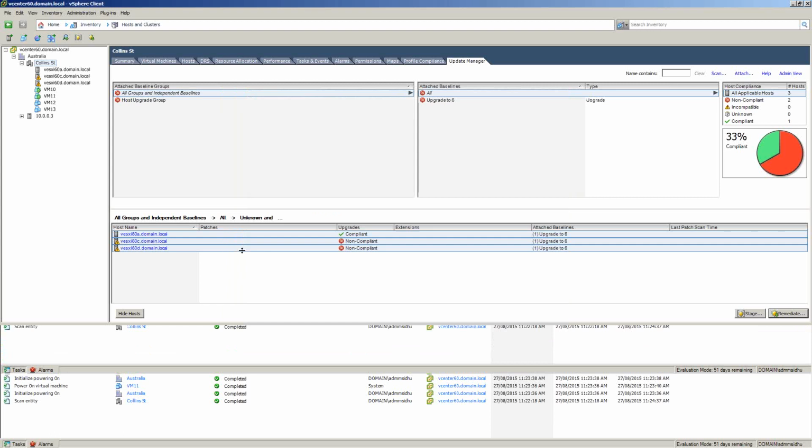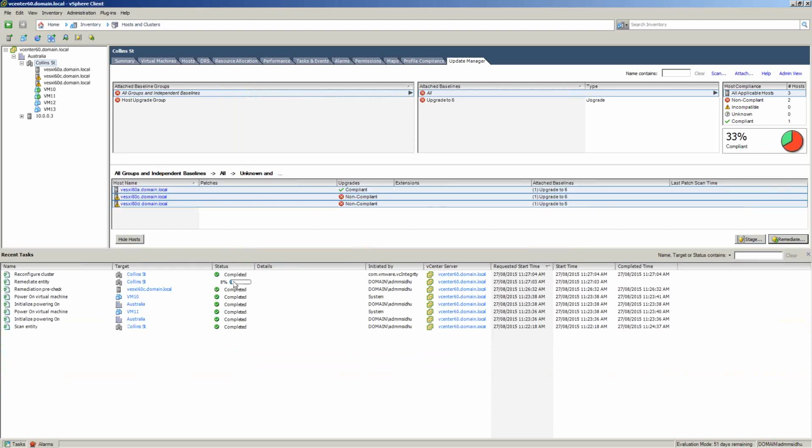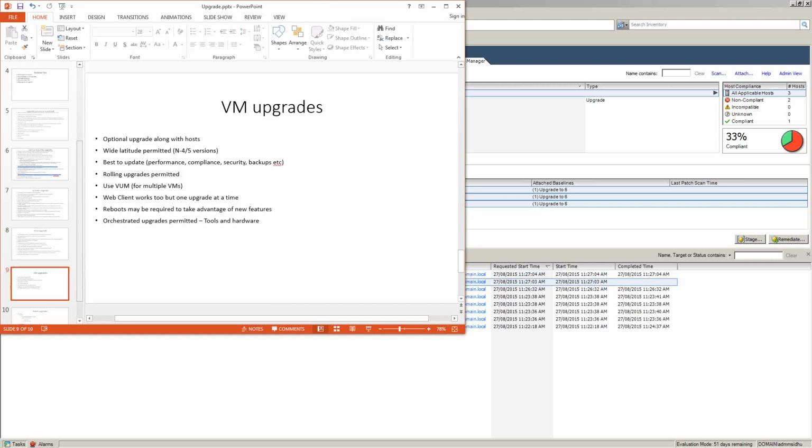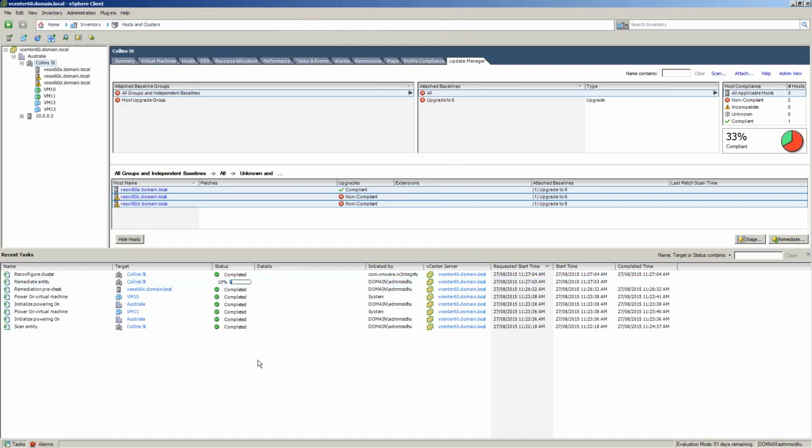As you can see, it is starting to remediate this entity, and it could take a little while to do this. While this happens, we will go back to our PowerPoint slide. Any questions so far, Lauren, anywhere? Nope, all good still. That seems to be going fine. No error so far. Would have bombed out by now if there was an error.